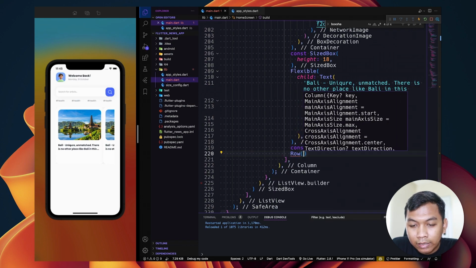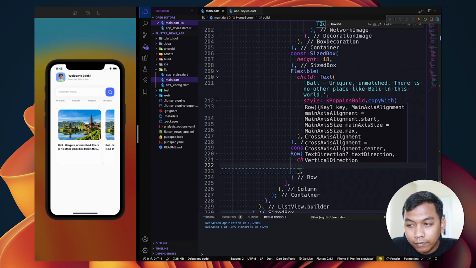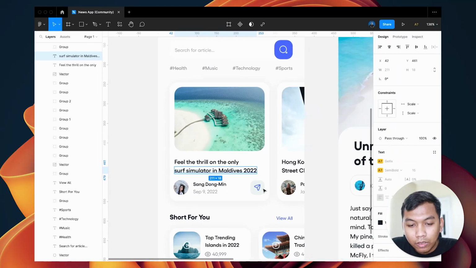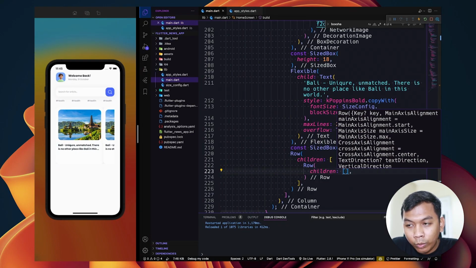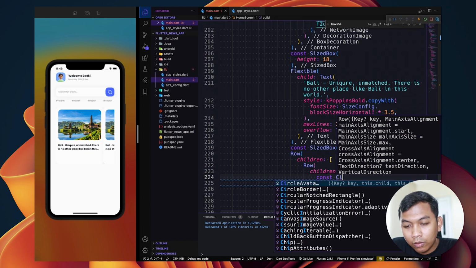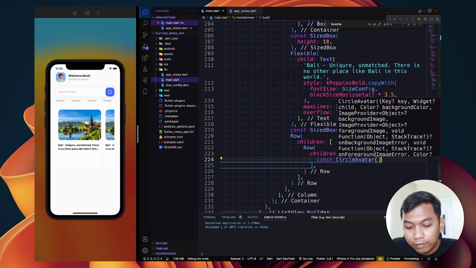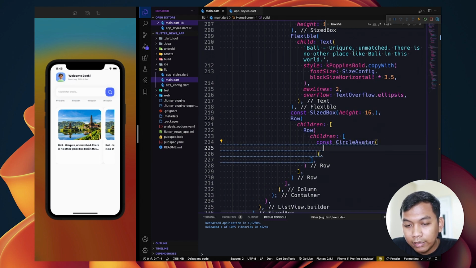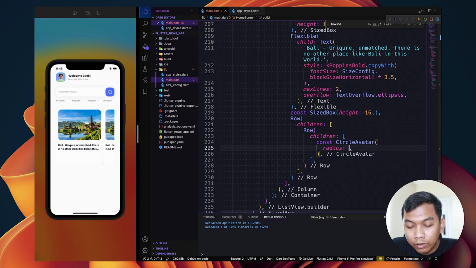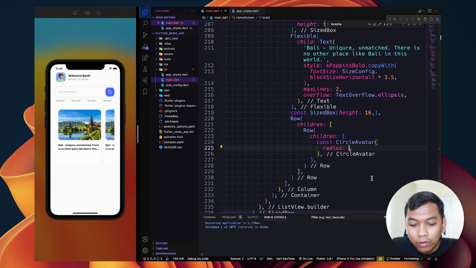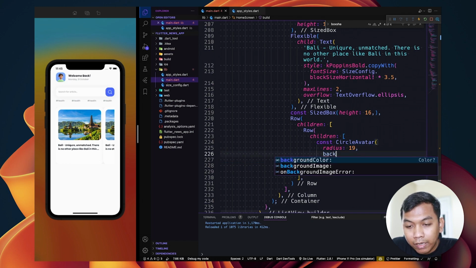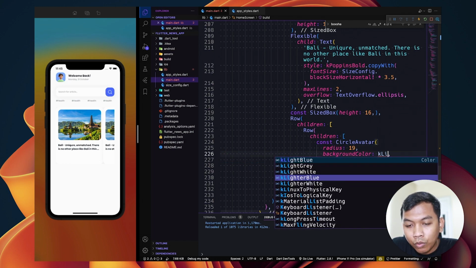And the next is a row widget, and we will have children. So inside this row widget, we will have a row widget again. And this row widget will contain, so let's create a circle avatar. And inside this circle avatar, we need to say radius. Radius is half of the width or the height, so it will be 19. And background color will be light blue.